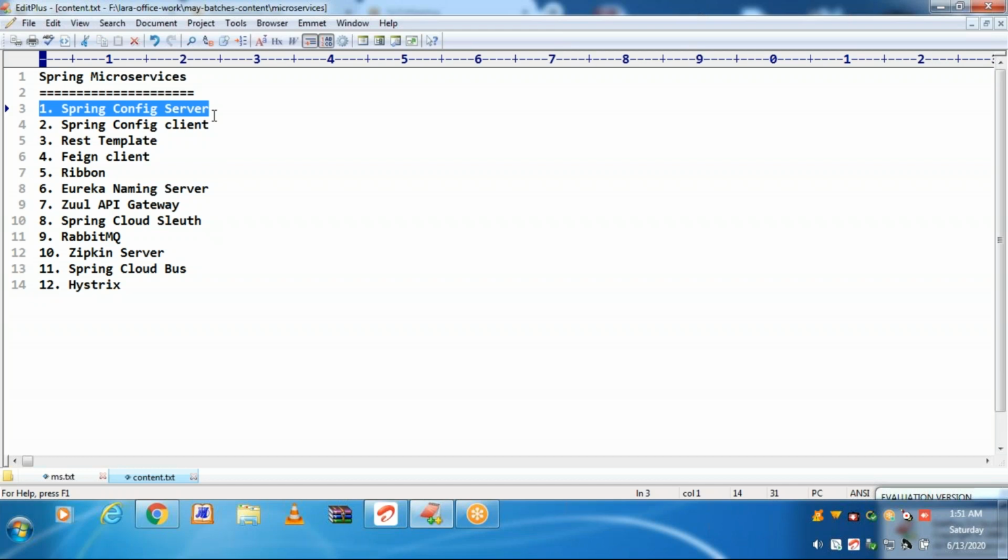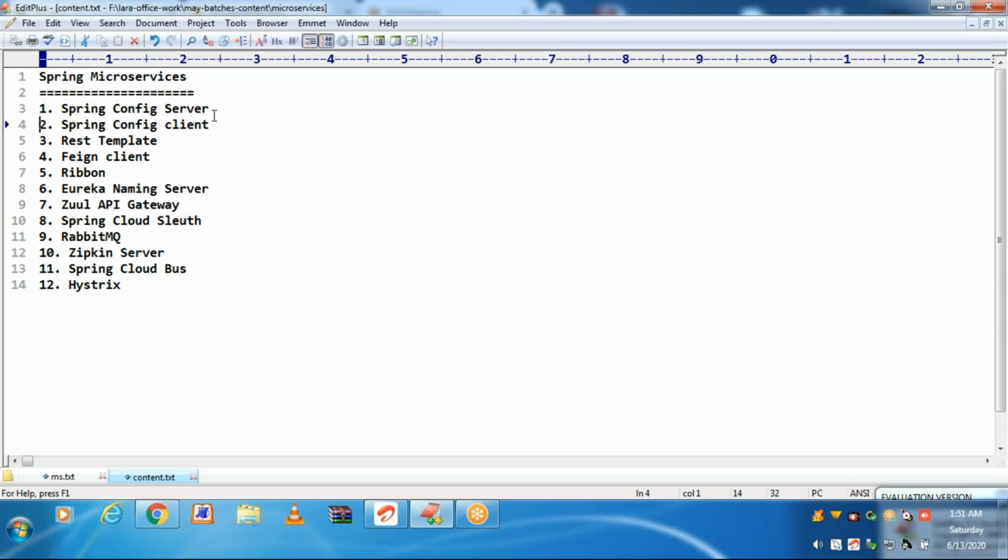Mainly by using this, we can interact with the Git repo, mainly to maintain cloud environment. Cloud environment, we require a config server.